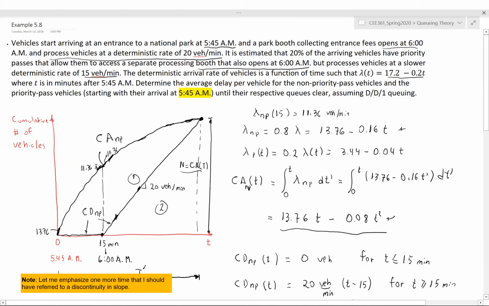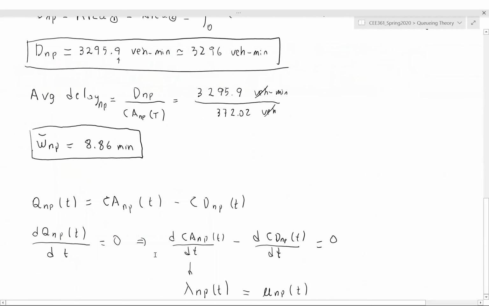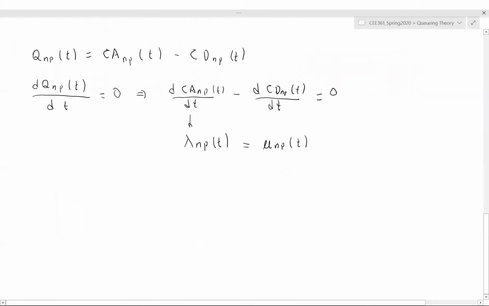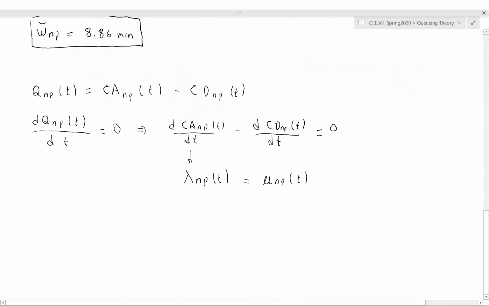Simply because if I look at lambda minus mu, it changes sign on both sides of this point. When you have a breakpoint, in this case at t equal 50 minutes, but just a little bit on the left side, so I put a negative sign there, we have that lambda minus mu, and I'm going to stop writing the non-priority path because otherwise we will never finish. That lambda minus mu is 1376